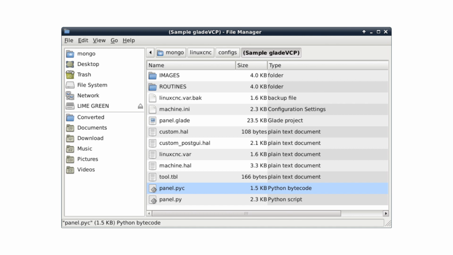So the major difference between this and a PYVCP is the PYVCP has one document which specifies how the entire panel is laid out, all the colors and everything. Whereas with Glade you have one document that specifies all the buttons and how they're laid out, and then a second document which goes in and makes any changes to them for colors or fonts or so forth. It's just the way it is. And which one do you use? Totally your choice, personal preference.